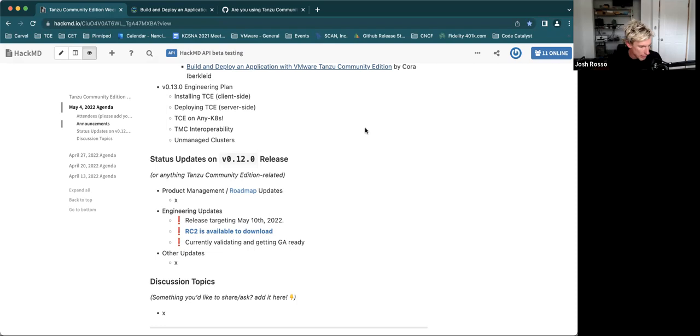And how can we first-class support any conformant Kubernetes clusters, and what would that experience look like? I know runtime is a bit overloaded, but a runtime-level install, so that you could still run Tanzu on what we formerly called TKG, and you could still run it on EKS or unmanaged clusters and so on. We're looking to get some of those details more solidified, but just wanted to give some visibility into that being one of the focal areas for us in this next release that we'll be talking